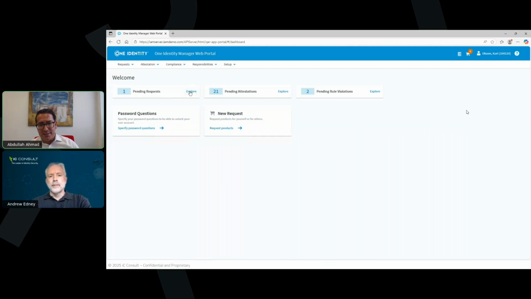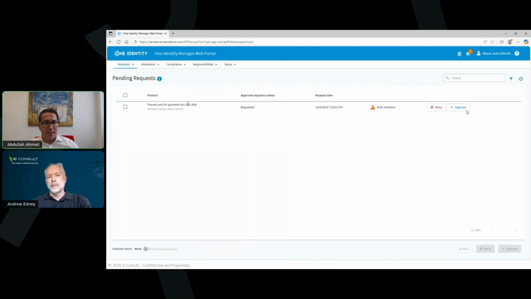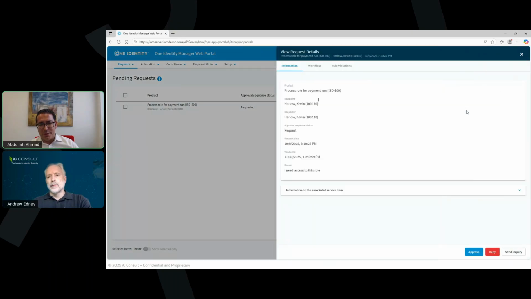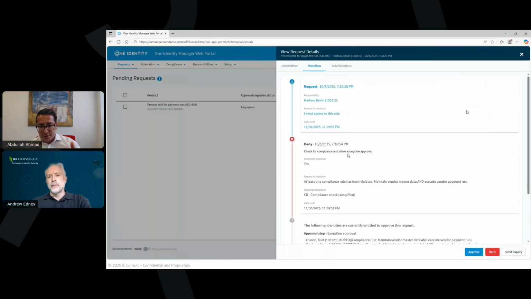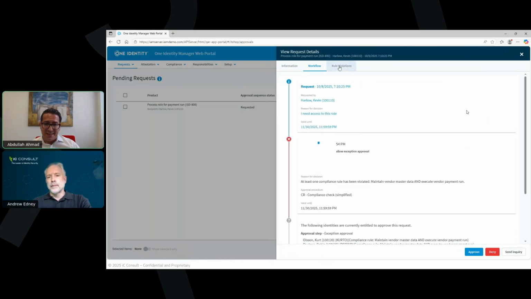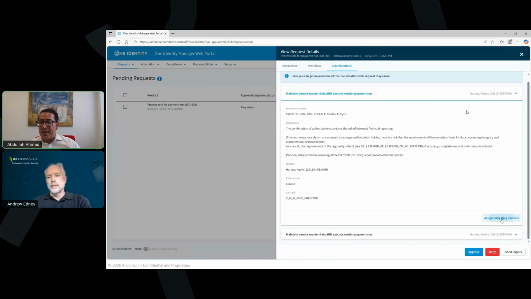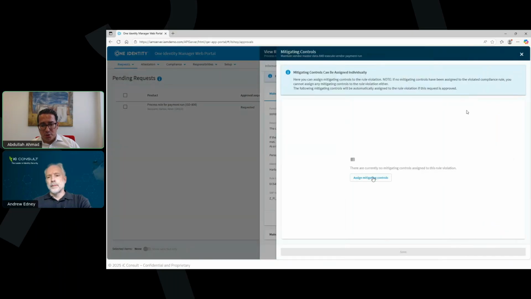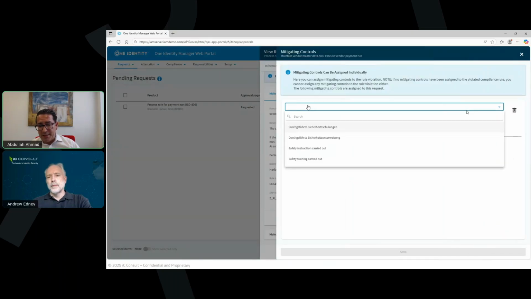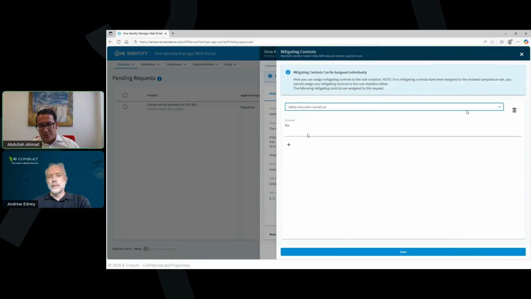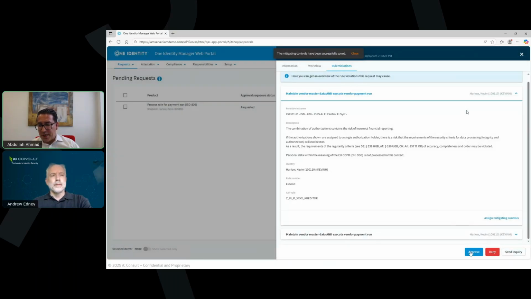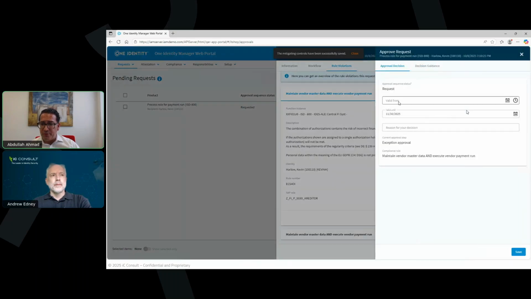You see more tiles in the system, as you can immediately see, and of course also that request. So that compliance officer is now going, of course, to the same workflow, seeing there is a conflict. He can also go to the details of that rule violation, and if he has accepted, he can also assign mitigation controls. Mitigation controls can be anything, for example, a safety instruction carried out to the user that can also bring risk reduction. You can send an inquiry or approve that.